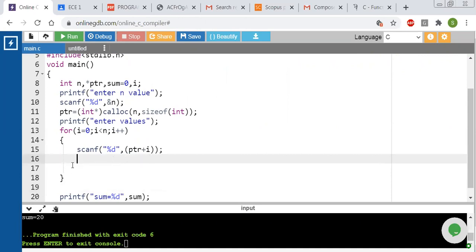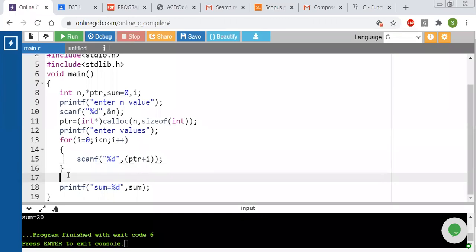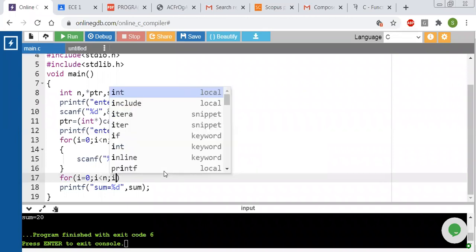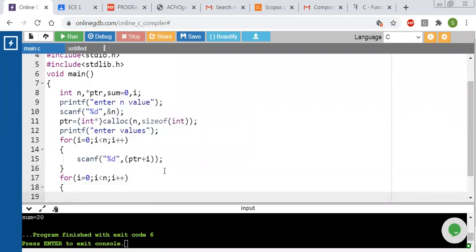I will remove the statement from here, and I will write a separate for loop for I is equal to 0, I less than n, I plus plus. The statement we have to write is sum is equal to sum plus